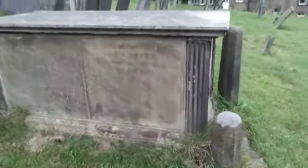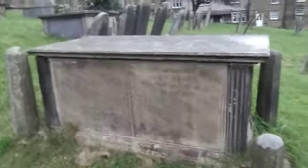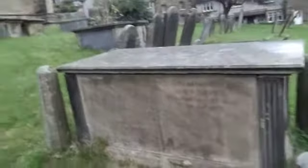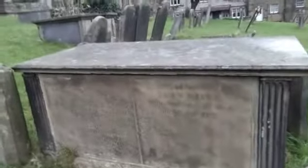So I'm just looking across and scanning the area to see the layout. These box tombs seem to be laid out strategically, because a box like that will actually...